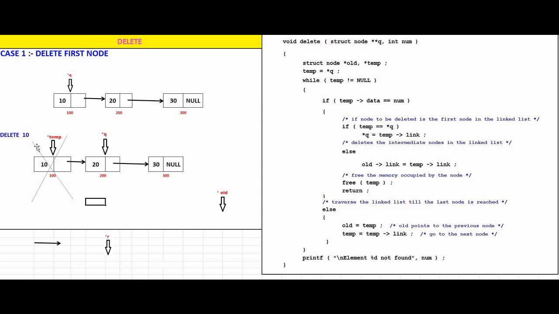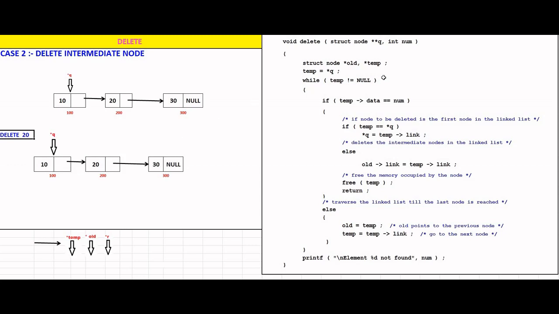Okay. Now we will see the second case, deleting a node other than the first node. See, in case 2, it is the same delete function. Now we are going to perform this line. So delete the intermediate node. Intermediate node means deleting a node which is not the first node. So other than 10, you can delete 20 or 30. I am going to show you how 20 gets deleted. 20 will be deleted, and here it now contains 200, the address of 20. Now after deleting 20, we are going to store here the address of the next node, that is 30. So the address of 30 is 300.